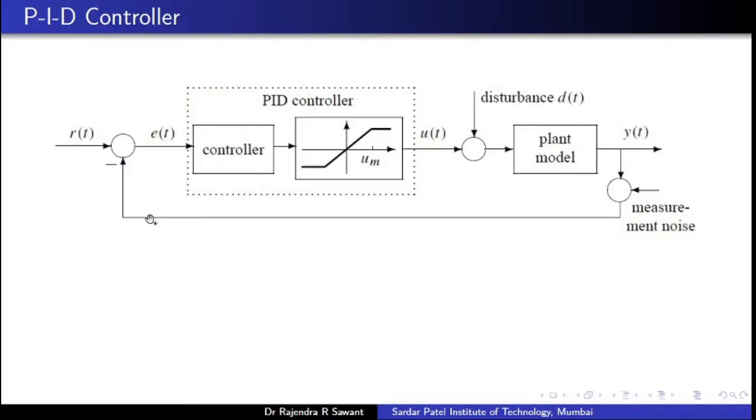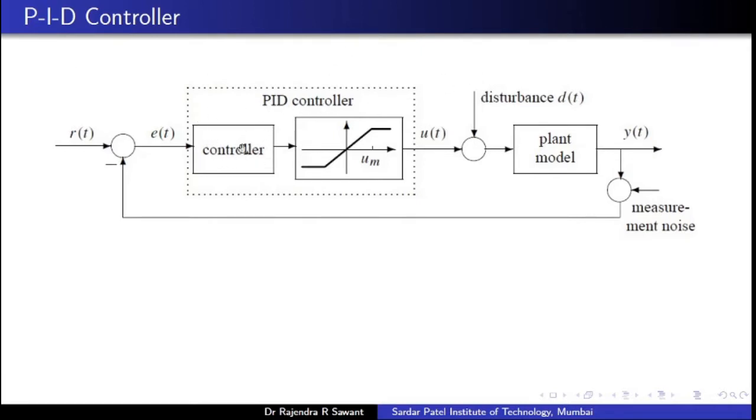So you know this very general block diagram of a PID controller. This is a typical control system plant where r(t) is the reference input, e(t) is the error, and there is a feedback from the output. So y(t) is our process variable or output. You can also add a measurement block here, but we are saying that we are having a unity feedback.